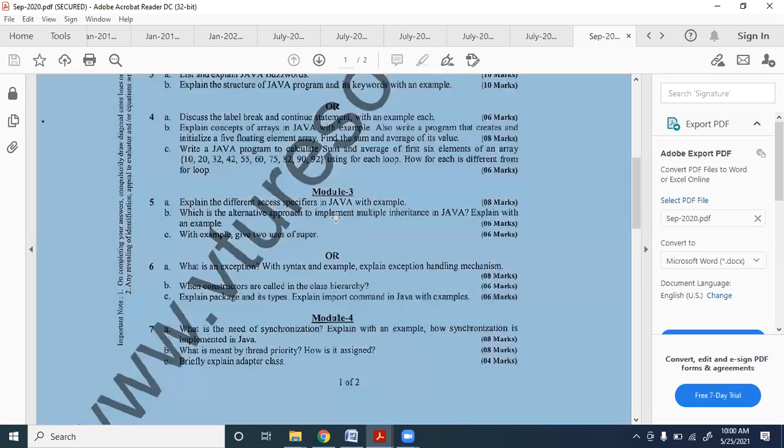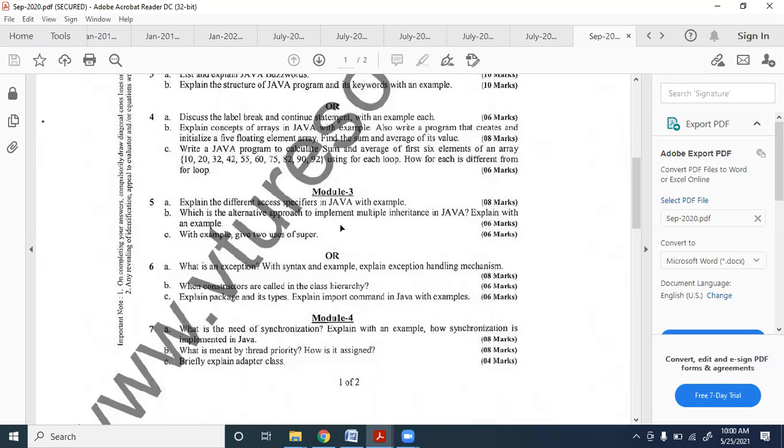So next we will go for the different access specifiers. No, this we are still to study. So we come to the end of the